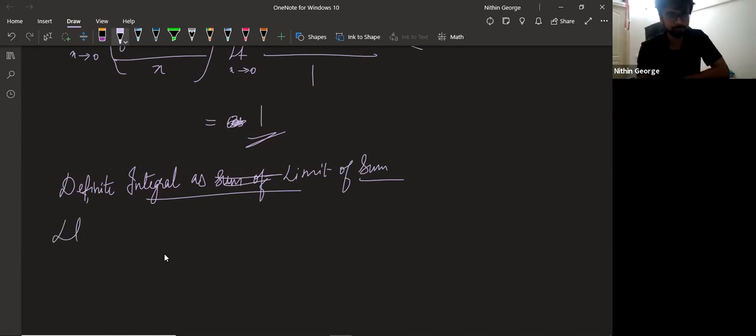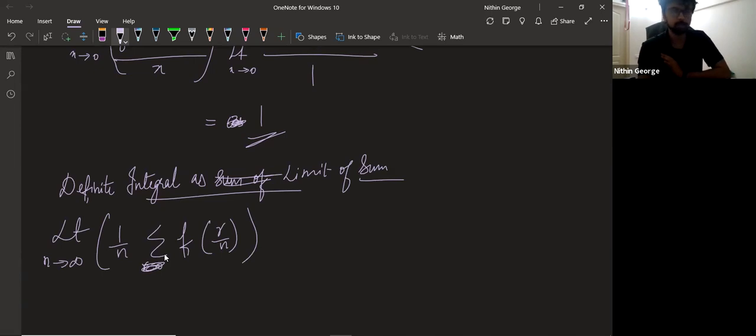So the idea here is simple. You have some limit n tends to infinity, 1 by n, sigma function in terms of r by n, where r moves from 0 to n or something. What you do here is you take this sigma sign as integral sign. Integration is basically addition. You're adding areas here. Now, 1 by n, you see that n is tending to infinity, so 1 by n is a small positive value. Think of it like that.